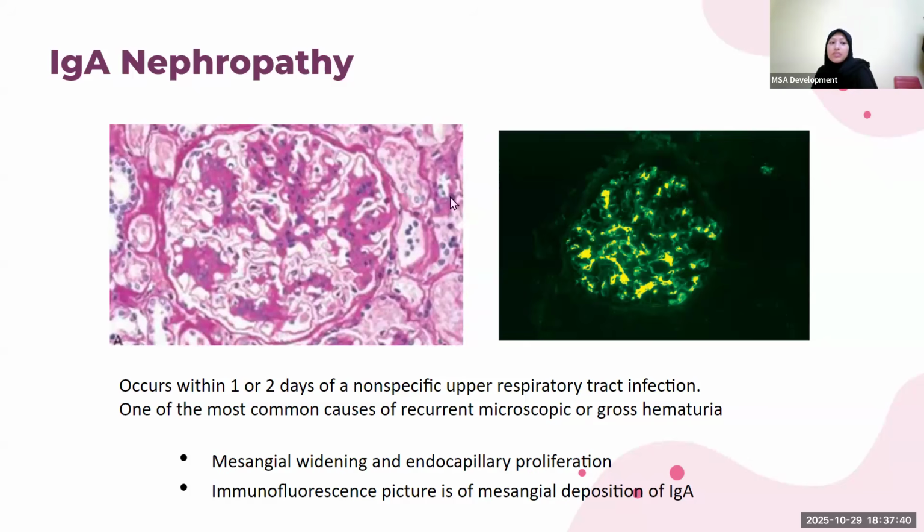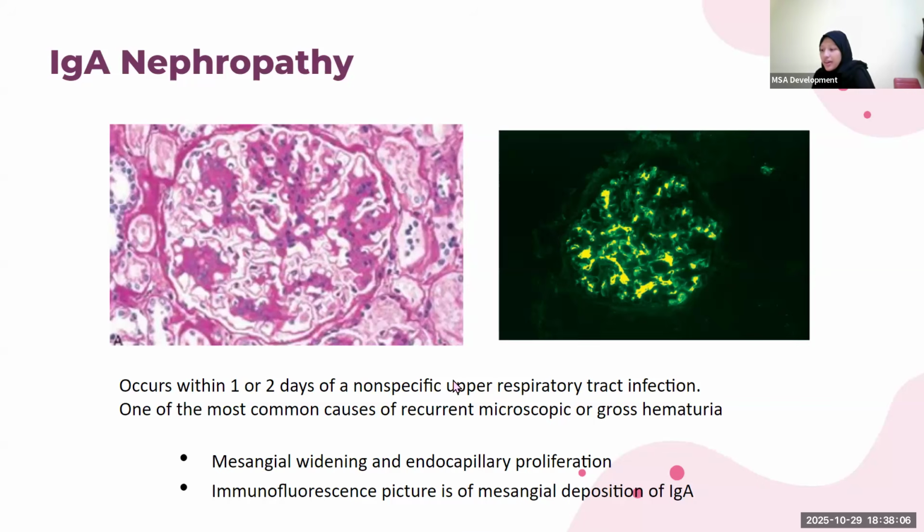IgA nephropathy is specific. So if this was stained with IgA fluorescence, it would light up. If it was stained with IgG, it would not light up. That's the point, right? Because they look the same here and here. It's just the type of stain that you use. So again, specific IgA nephropathy. If you see this, that is important. Now,